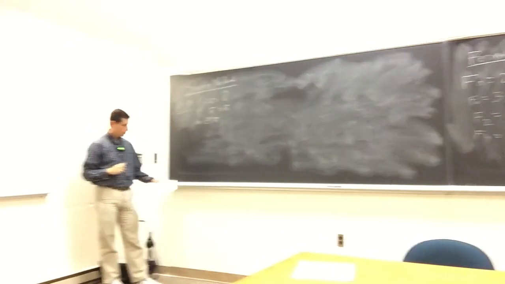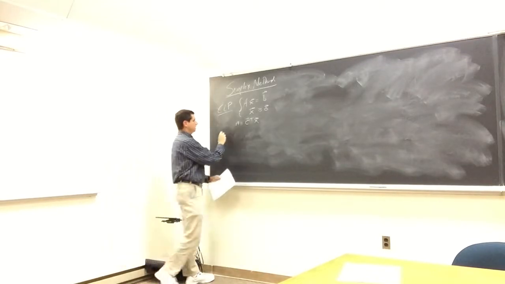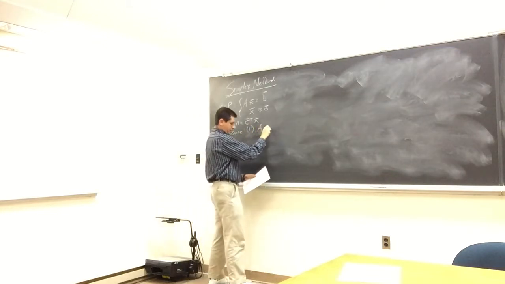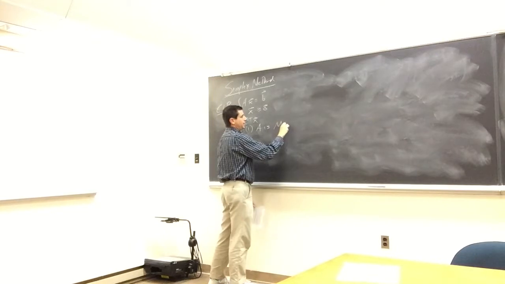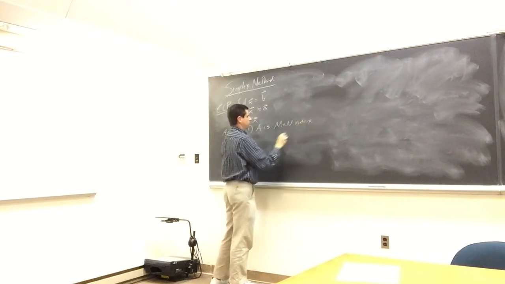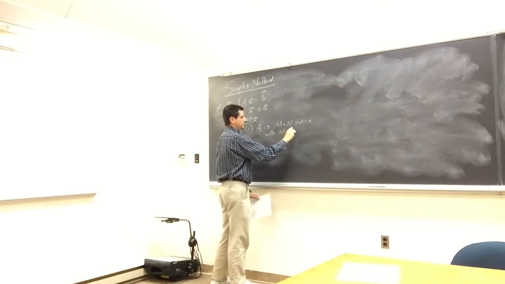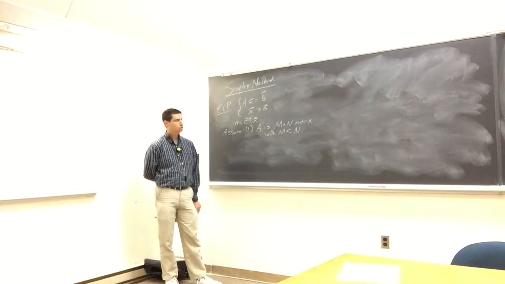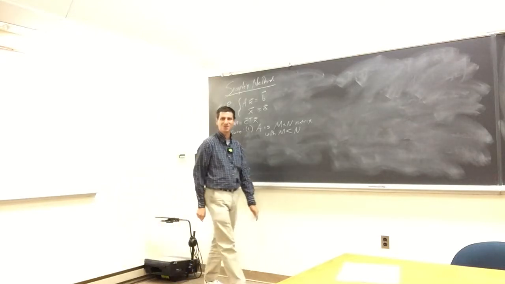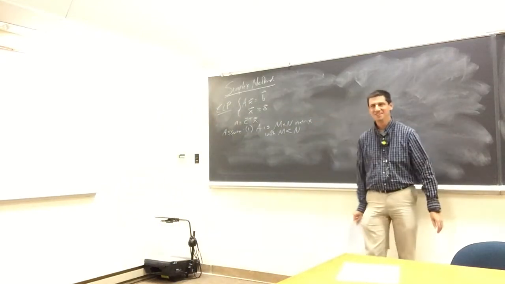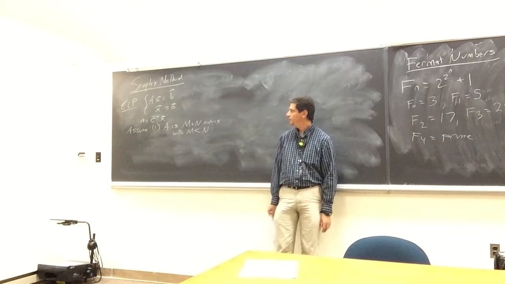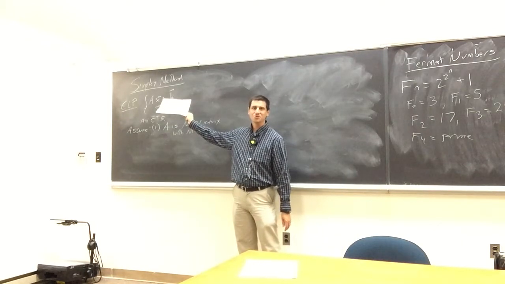Okay. We're going to make a couple of additional assumptions. Assume the following. 1, A is an m by n matrix with m less than n. Okay. Does that seem like a good assumption? Yes. Why not? Well, I'm writing it on the board, so it's probably a good assumption. Why is this a good assumption? It's true unless A is a square matrix. If A is a square matrix, then m equals n. And if A is a square matrix, what do we know about solving Ax equals b?